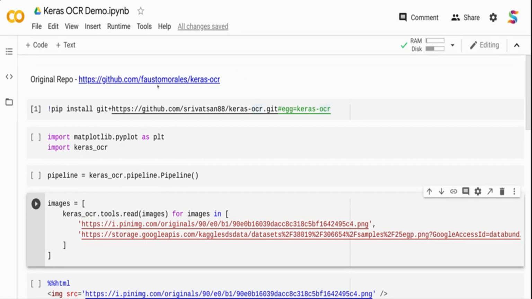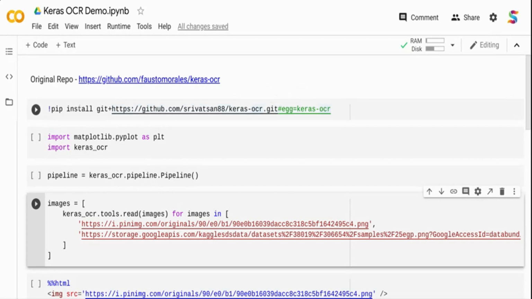So this is the original repo of Keras OCR, the GitHub link you are seeing. You can also install Keras OCR using pip install keras-ocr. But what I have done is I have made a fork of this particular repo in my GitHub. The reason is I have updated some of the models using the fork so that I can show that as well. So basically, I have custom trained a particular model and I have updated this repo. In a future video, I will talk about custom training, but here I want to focus more on how to use Keras OCR and how you can use a custom model.